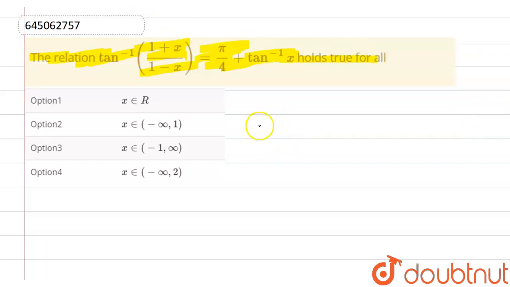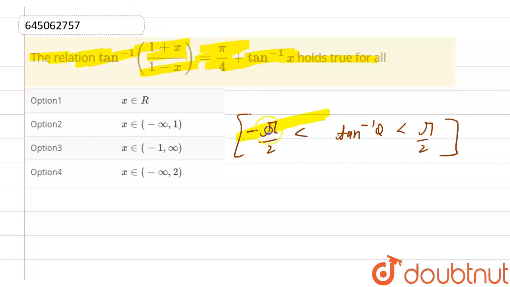So first of all, let me introduce you to an identity according to which minus pi by 2 is less than tan inverse theta and it is less than pi by 2. So this is an identity we know. Now from this identity, what we will do,